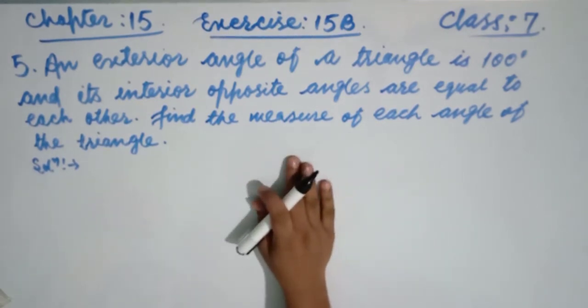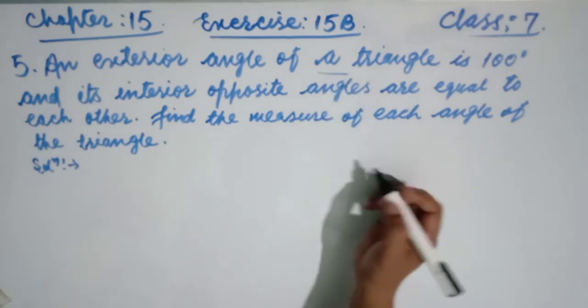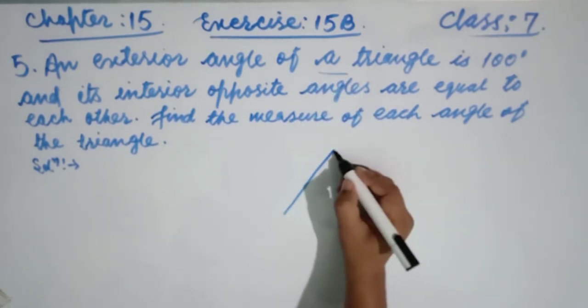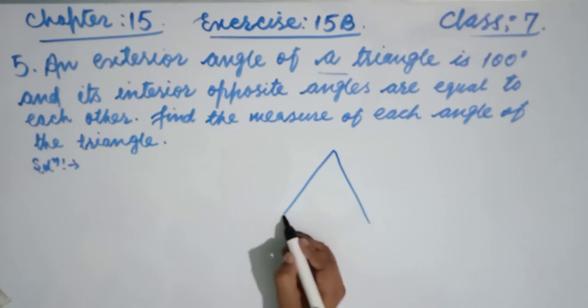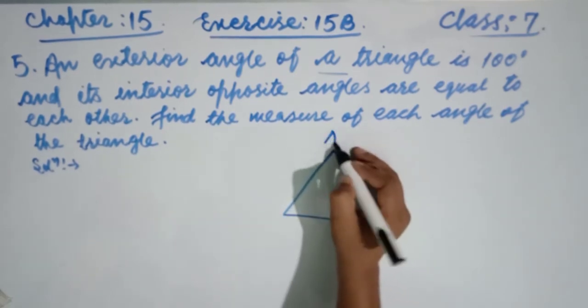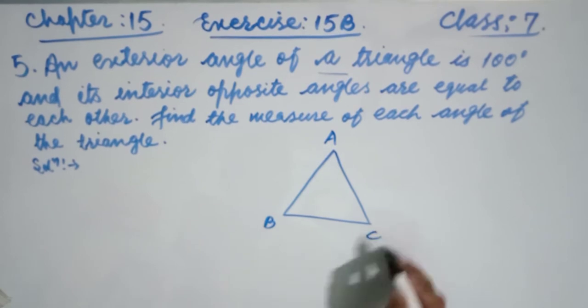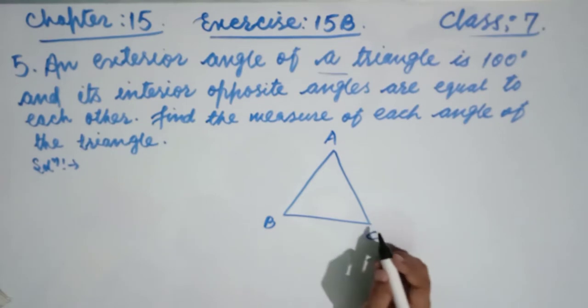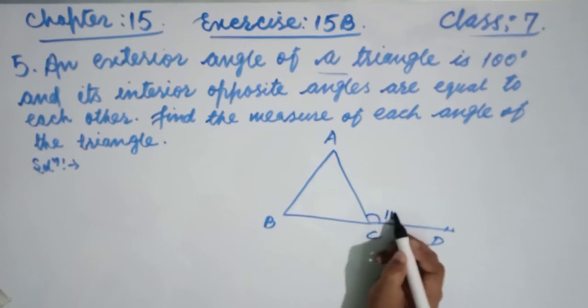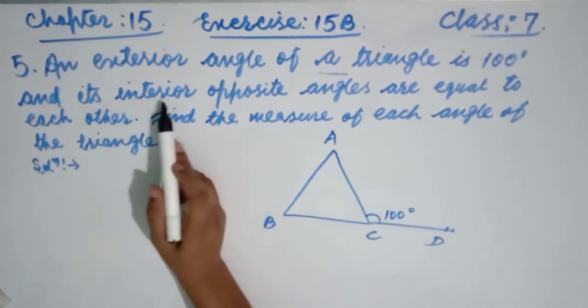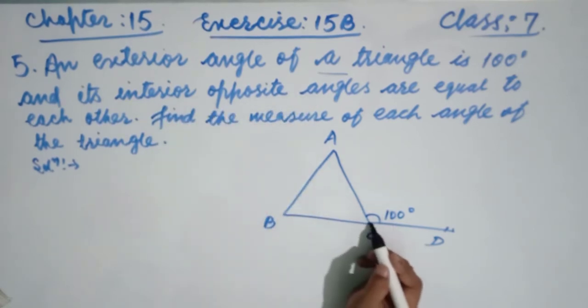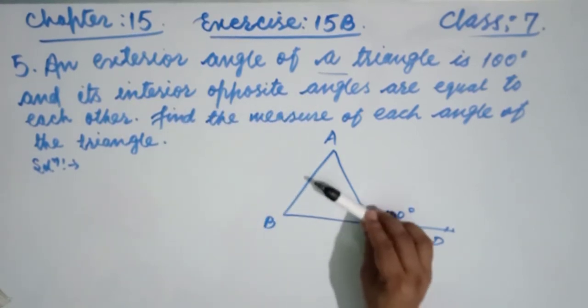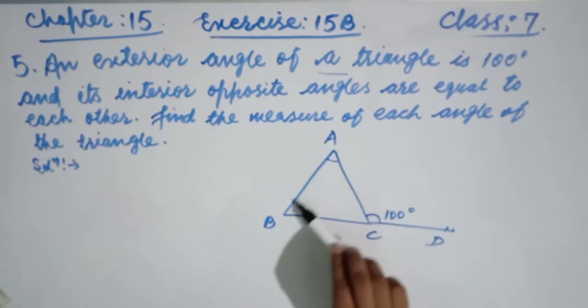This is the statement. First this is talking about the triangle, friends. Now first we make a triangle. We made a triangle. Okay friends, this is the triangle. Name this A, suppose this is B and C. Now afterwards friends, a triangle is 180 degrees. This is the exterior, friends. Then we can produce this side BC till suppose D. So this angle is given as 100 degrees. Now its interior opposite angles means opposite of this angle. There are two opposite angles and these are called interior angles.